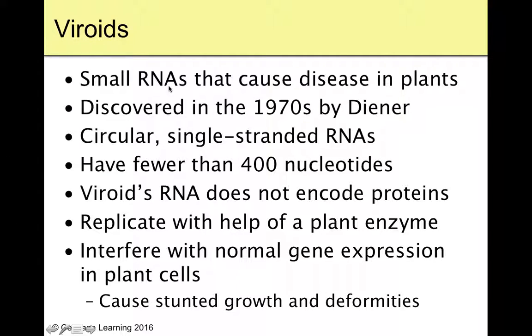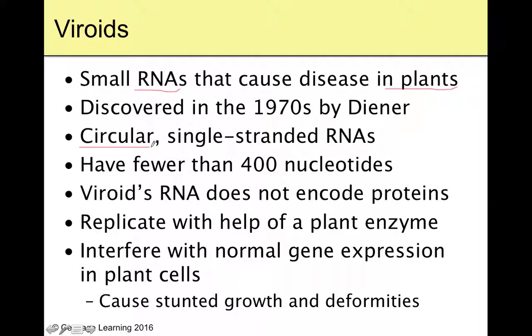A viroid is a little RNA that causes disease in plants, and it only affects plants. It does not affect animals. It does not affect humans. We're not entirely certain why. I do know that RNA does not survive long on human skin. We have enzymes everywhere that'll just tear it down. But these little RNAs with no capsids and no envelopes and nothing can infect plants. We discovered them in the 1970s.